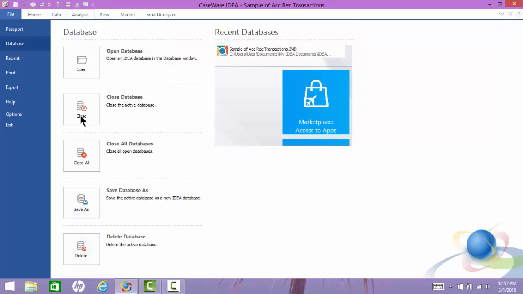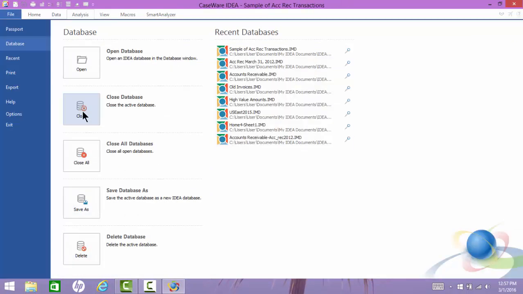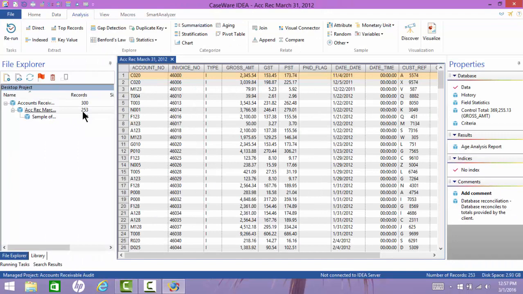Now I'm going to go to the File tab, Database, and we will close the database. Okay, we're back in accounts receivable March 31st, 2012. I'm continuing on the top of page 53 in the IDEA workbook. Our next activity is to prepare an aging analysis. So we make sure that accounts receivable March 31st, 2012 is the active database, and then from the Analysis tab